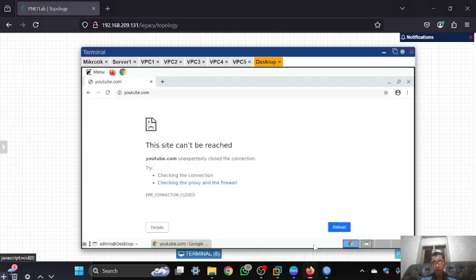So you can try in your topology, and you can click refresh. It will take a while.